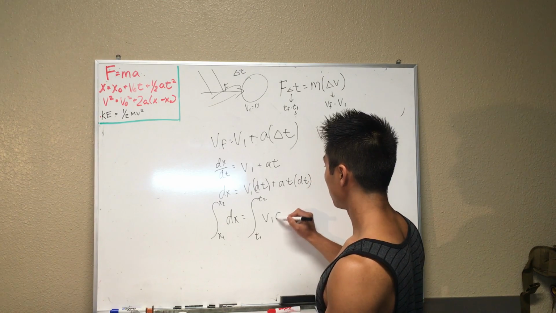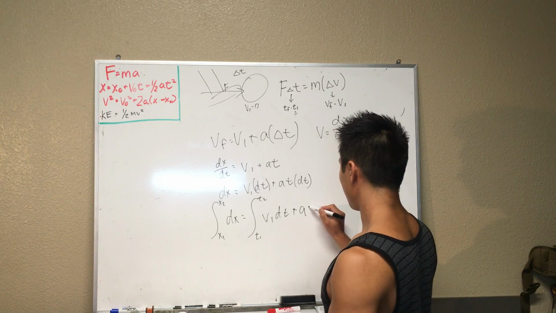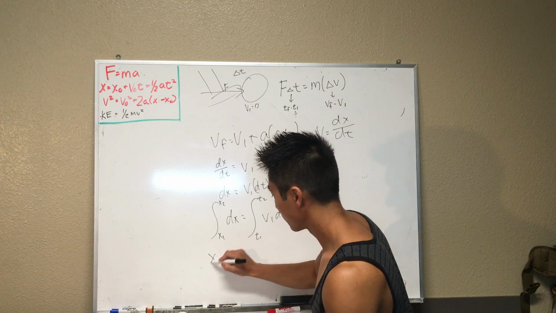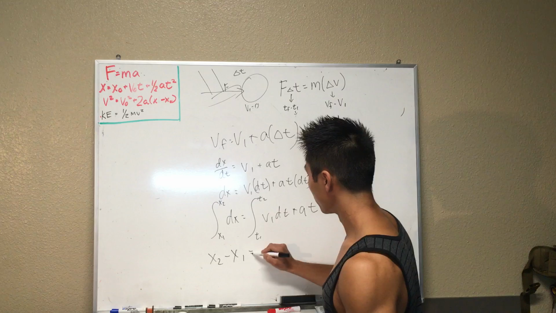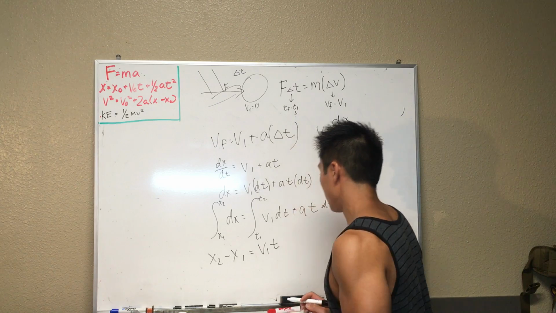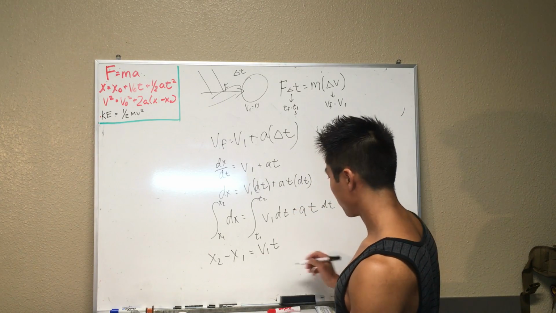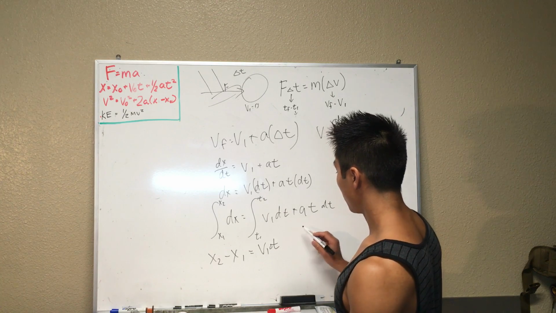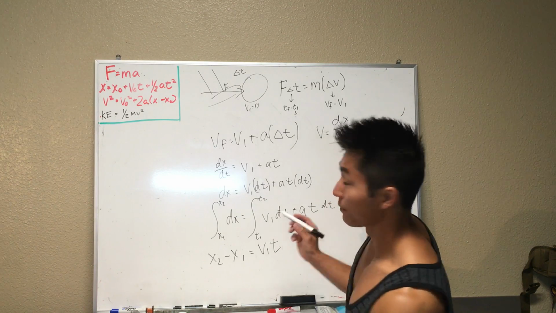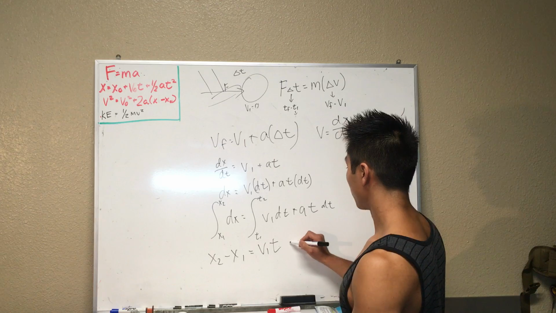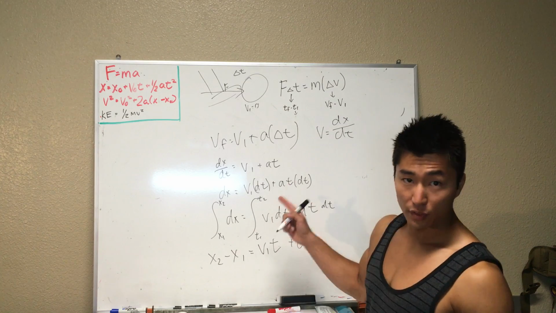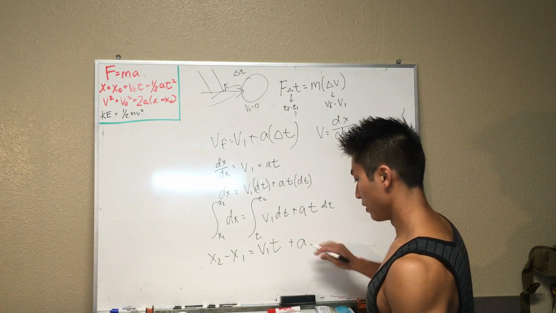Then we have v1 dt plus a t dt, and a simple integral is going to tell us that that's x2 minus x1 equals v1 t, and well, it could be a change in t. You guys can understand that, right? Yep, change in t, and we'll just write that as t for now, just because most of the time t is 0, and we have plus acceleration, and then this one becomes the power of 2, and then divided by 2, so we have 1/2